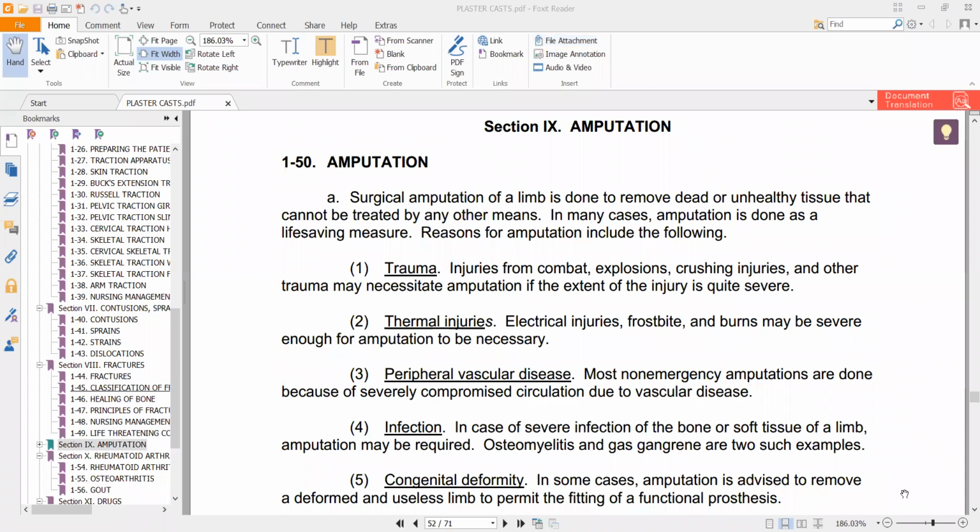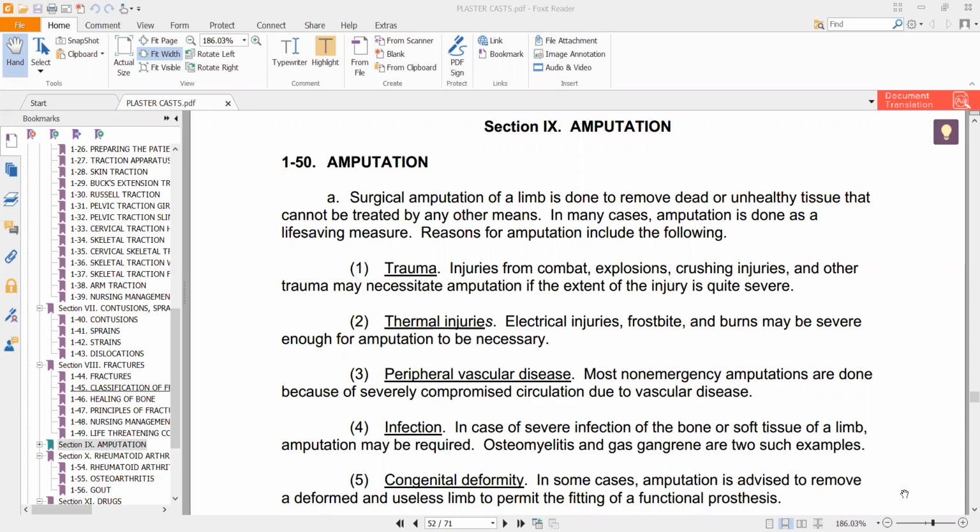It is a surgical amputation. It is considered as the removal of dead or unhealthy tissue that cannot be treated by any other means. All right, so we know that if a patient has a massive road traffic accident or some kind of crush injury where the limb